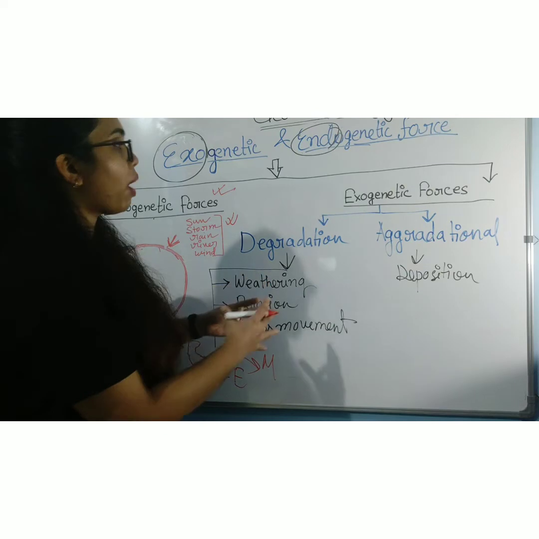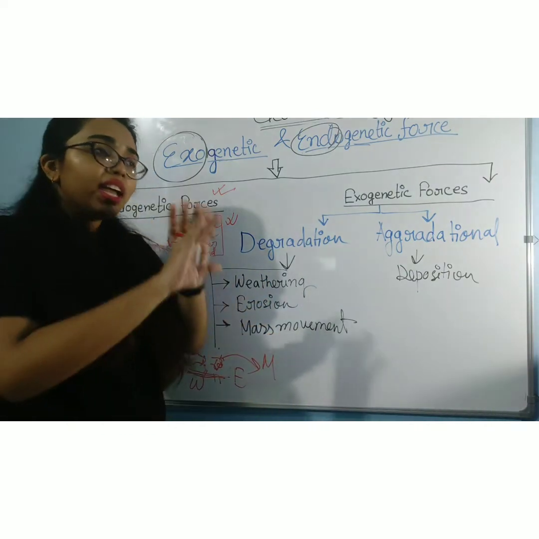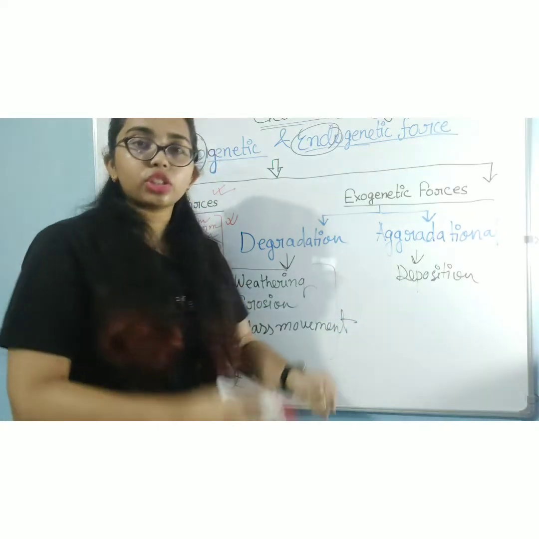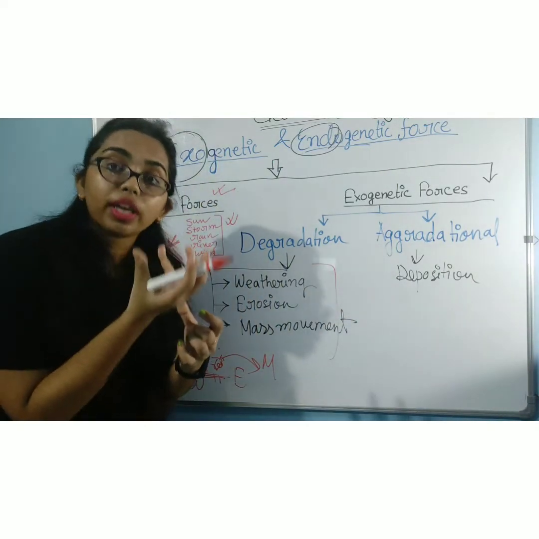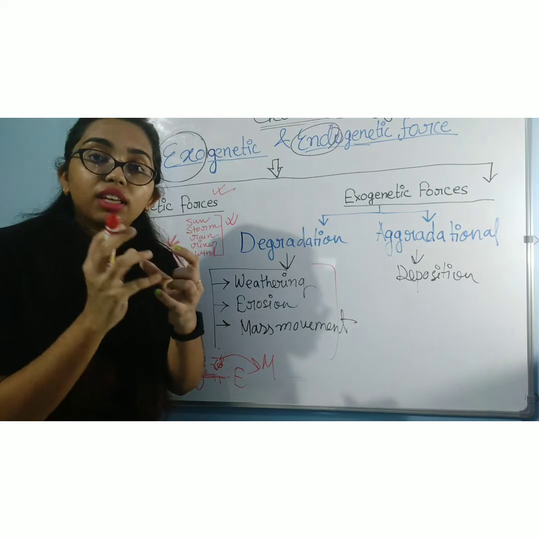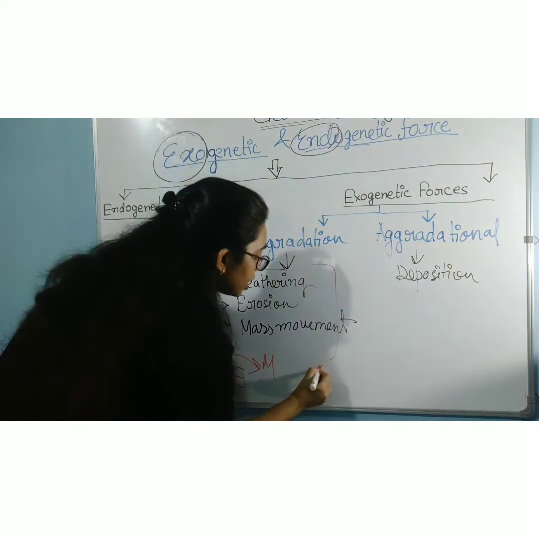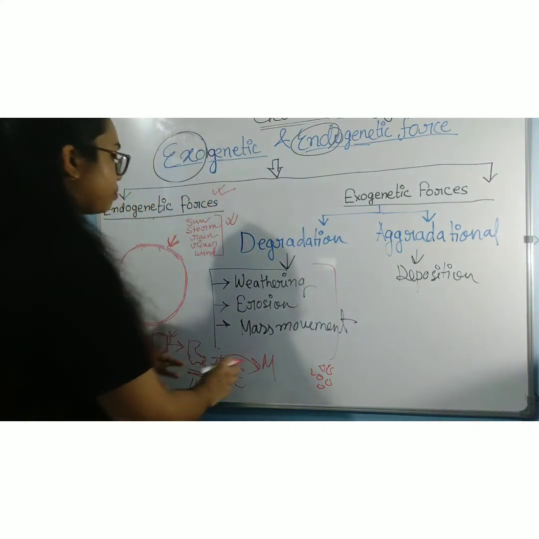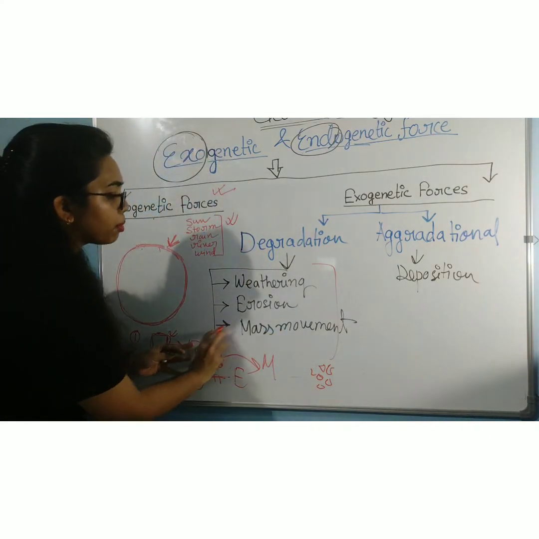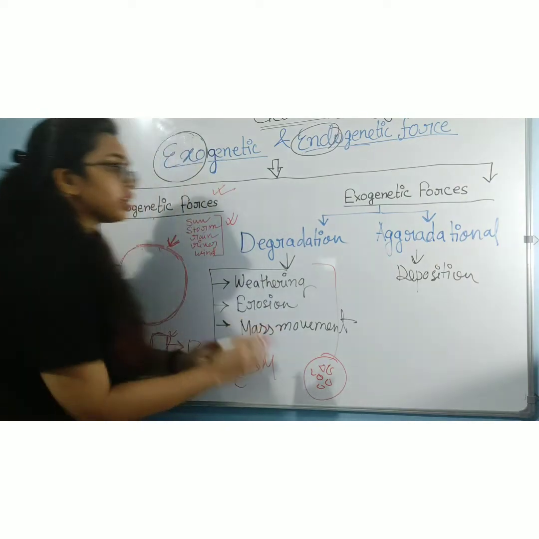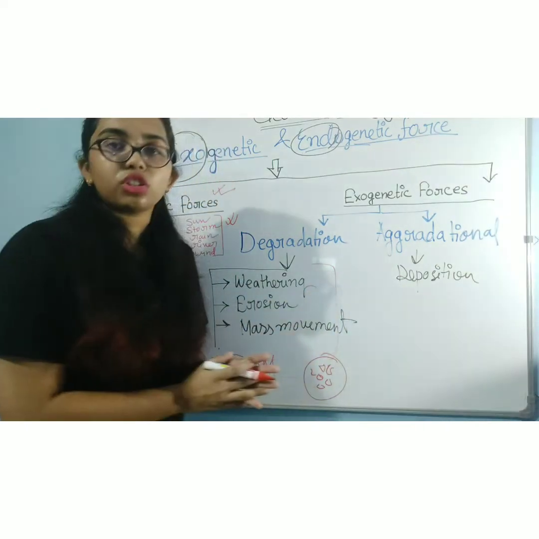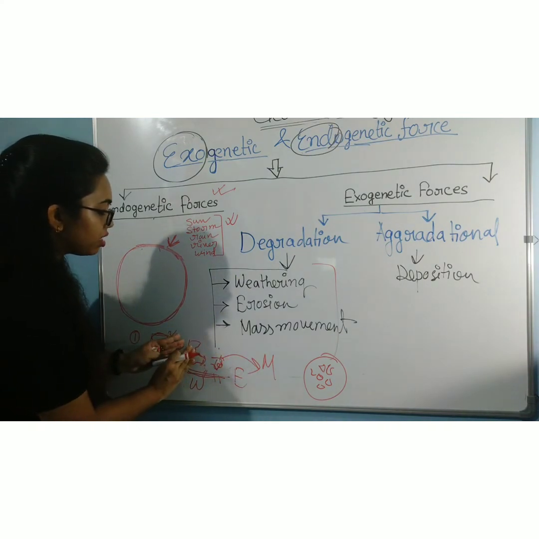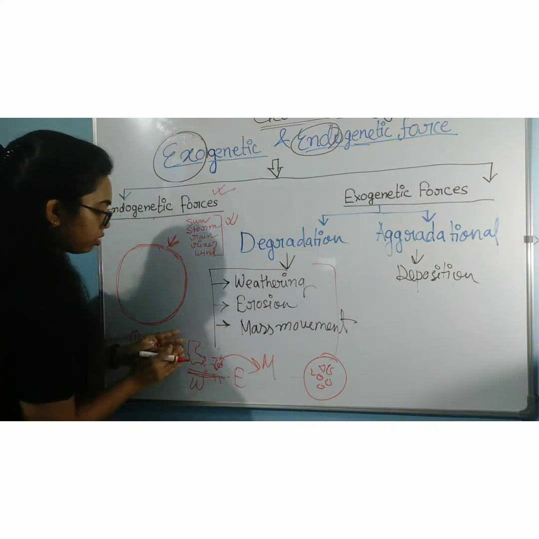So you can understand what is degradation. All things are about erosion, a negative action. That is degradation. And what is aggradation? When those broken particles are deposited over a single area. The broken particles are removed from here and deposited over a single area, that is called deposition. So from this rock, those broken particles are moving.